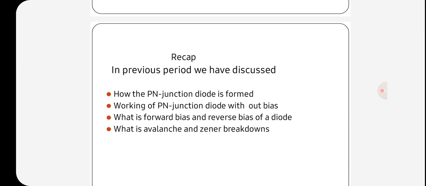In the last class, we saw that a PN junction is possible to manufacture from a single piece of semiconductor material, one half of which is doped by p-type impurity and the other half by n-type impurity. The plane dividing the two halves is called the PN junction. When a PN junction is packed as a semiconductor device, it is called a PN junction diode.